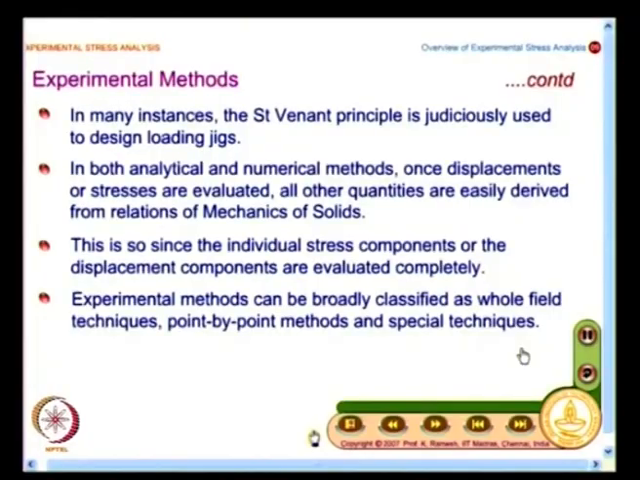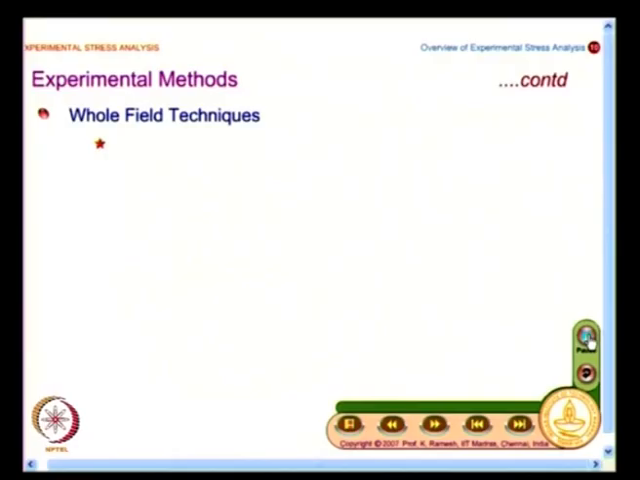So, this is one restriction that you have to live with. Once you come to experimental methods, there are many experimental methods available. They are broadly classified as whole field techniques and point by point methods. If you look at whole field techniques, they are essentially optical techniques, and you have a great many of them, and newer techniques are also being developed day after day. Among whole field techniques, one of the very popular and widely used experimental methods is the technique of photoelasticity,